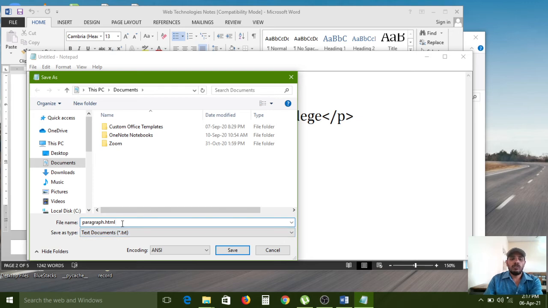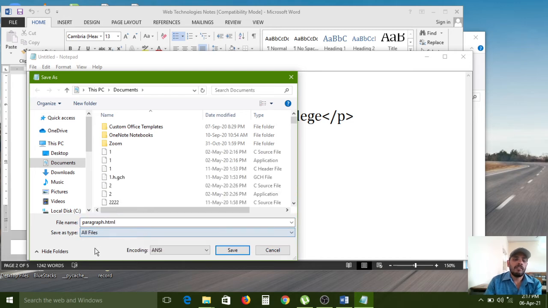If you give this .html extension, then only the browser can understand. It is completely extension based. And after that, save as type is all files.